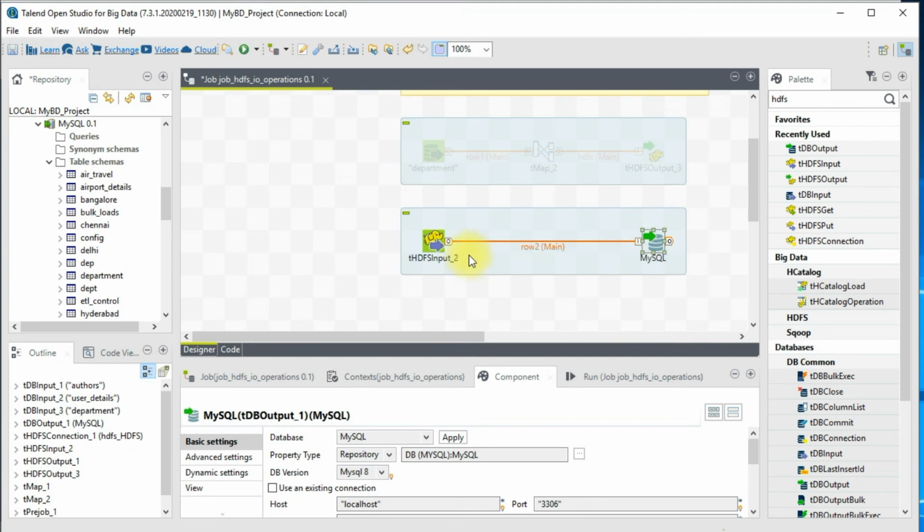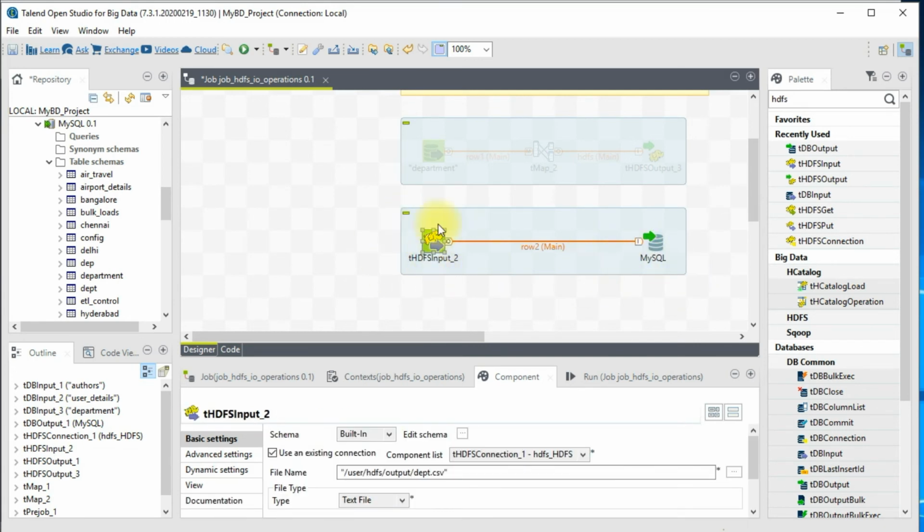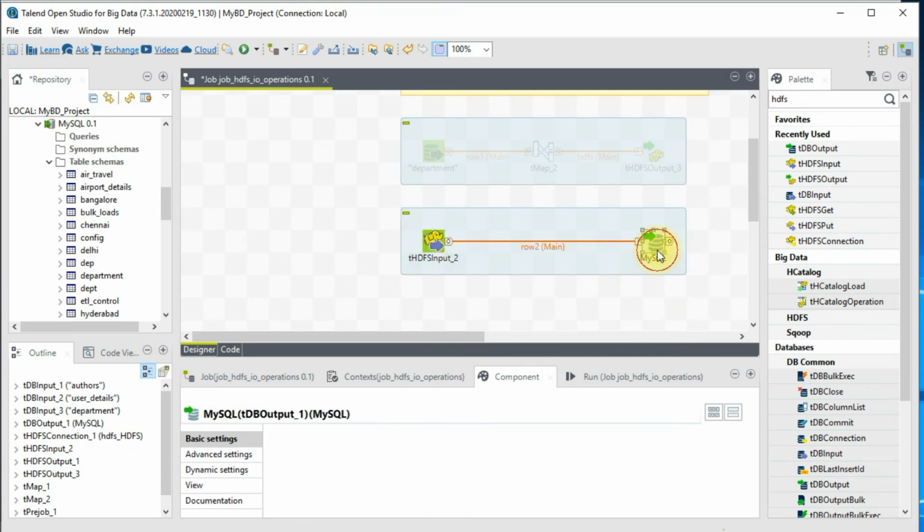So remember, in real time we don't bring the HDFS data and then put it on normal MySQL. That's not a use case, but in order to demonstrate this component, I am loading it from HDFS to the database.